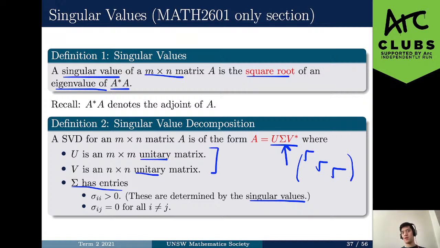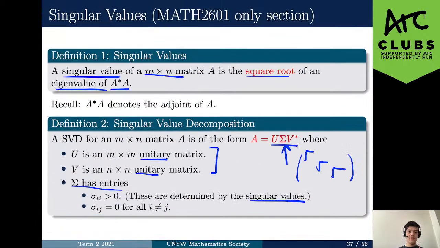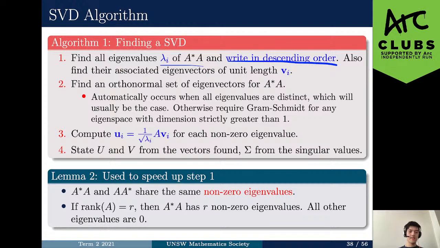Sorry, I shouldn't say it's a diagonal matrix because sigma is not necessarily a square matrix, but going from the top left down to the bottom right, each of these values is a square root of an eigenvalue of A star A, and the convention is to have them in decreasing order, or more accurately in non-increasing order. So that's how we get the sigma, and I want to find the associated eigenvectors of unit length